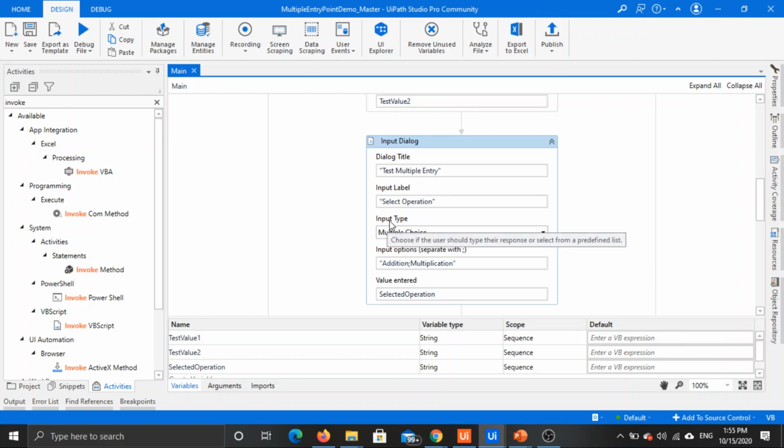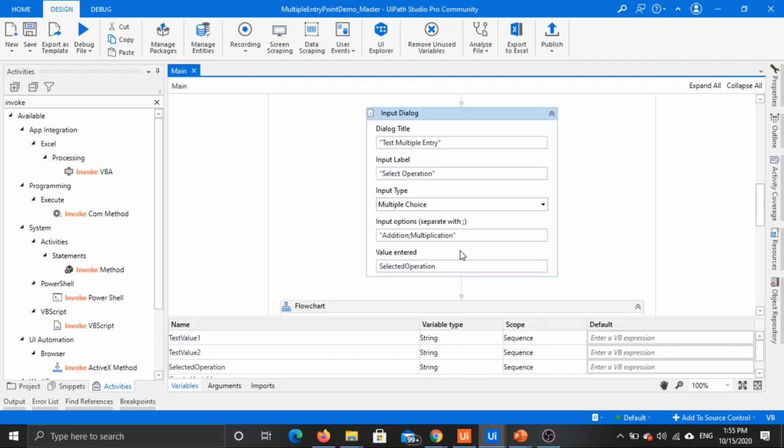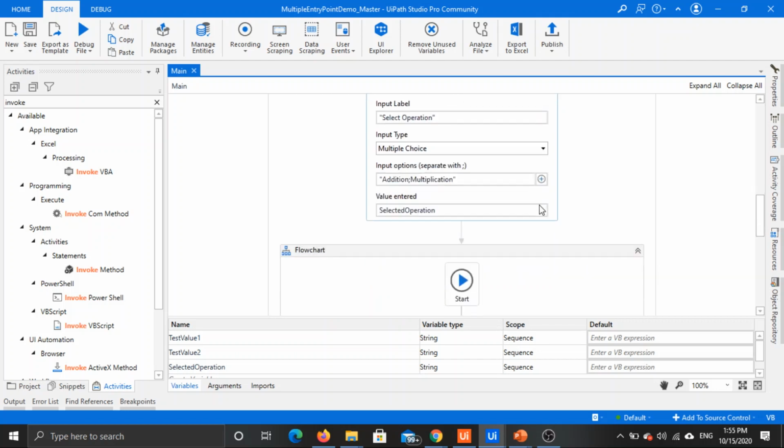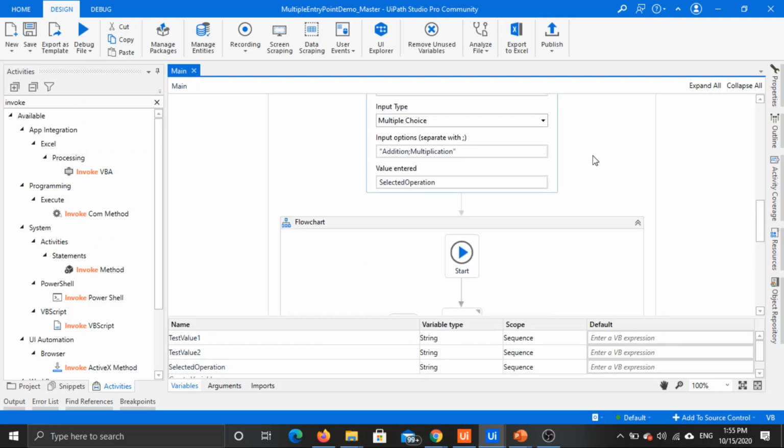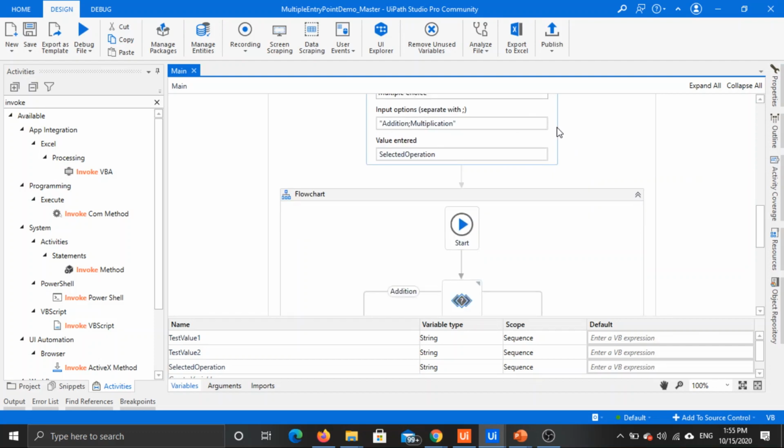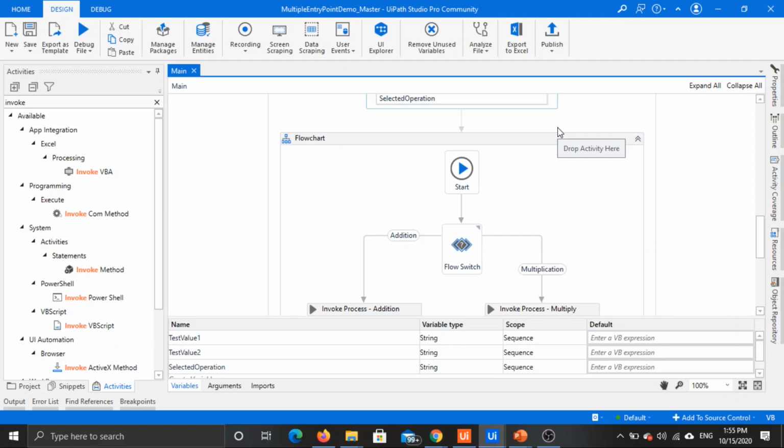You can select this input type as multiple choice, and you can give the options that you need, separated by a semicolon, and get that value to a variable. So here we get two options. The output of this will be the text of the option you select. If you select addition, you will get the text addition. If you select multiplication, you will get the text multiplication. And now based on this, I need to invoke that process we published